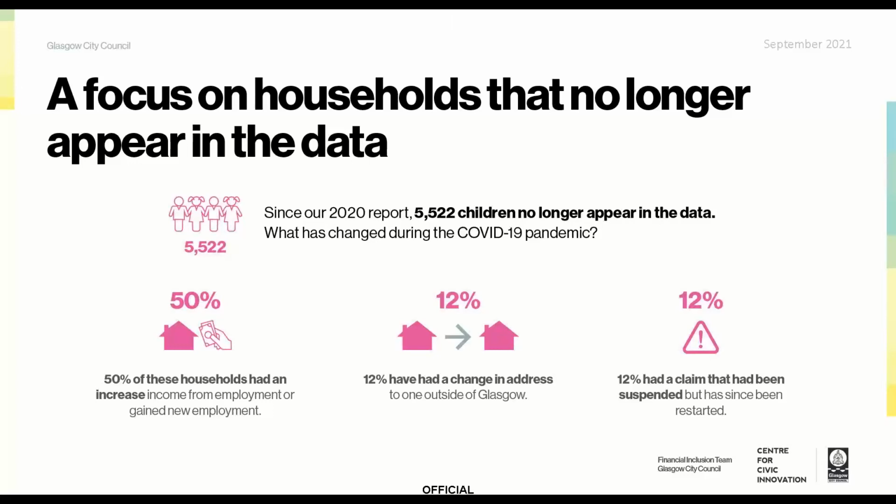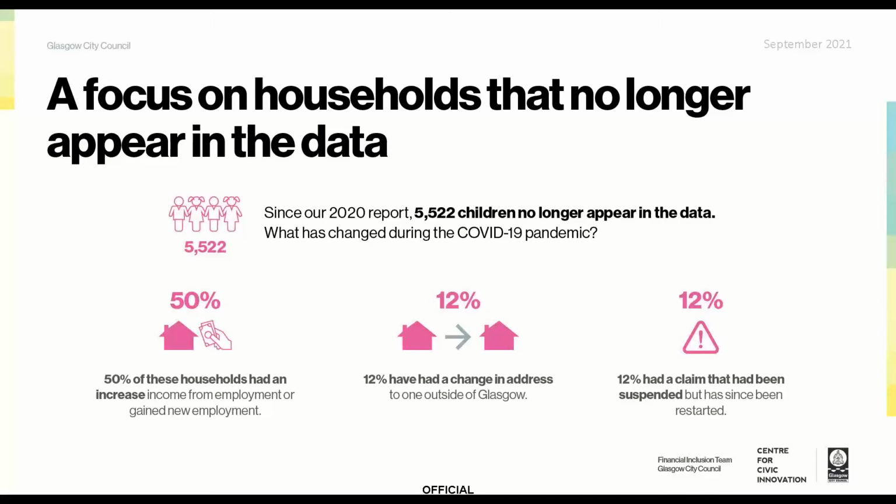And what we could see is that more than 50% had actually gained employment, or in most cases, they'd increased their hours. So we looked at the types of jobs they were in, and it was mainly frontline jobs. So even during the pandemic, these organisations were still open, and our families had increased their hours as a result of that, and that in turn meant they were no longer entitled to benefit because they'd managed to increase their earnings. And it was good to be able to analyse and understand that data in that level of detail.